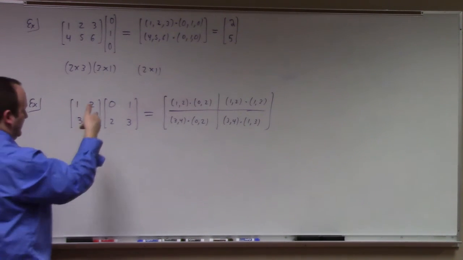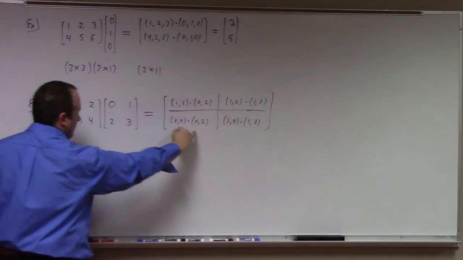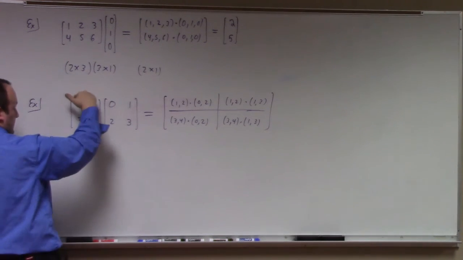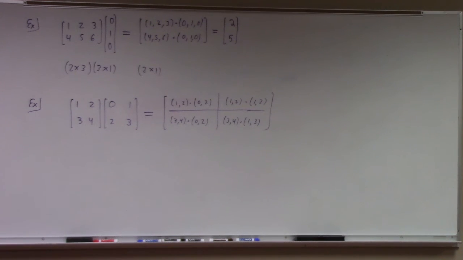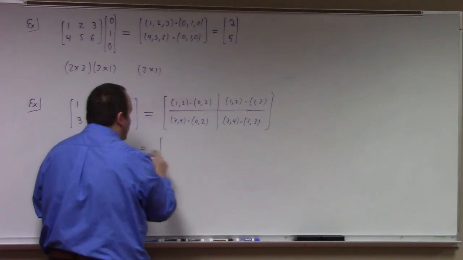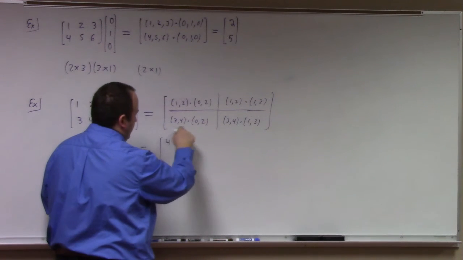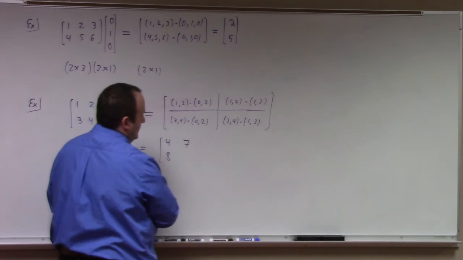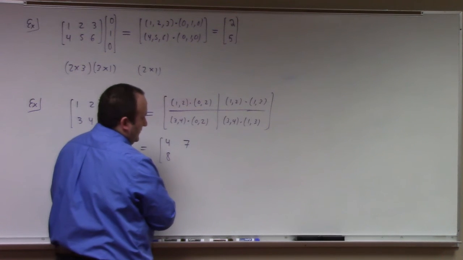Now here's how I visualize it. I think of the first row with the first column, then the first row with the second column, and so on. I think actually that taking my hand going like that, junk, ka-junk, gives me this over here, and so forth. I don't know. I found this helpful as a student. And what do we get? This works out to 8. That's 1 plus 6, which is 7. And this is 3 plus 12, which is 15.